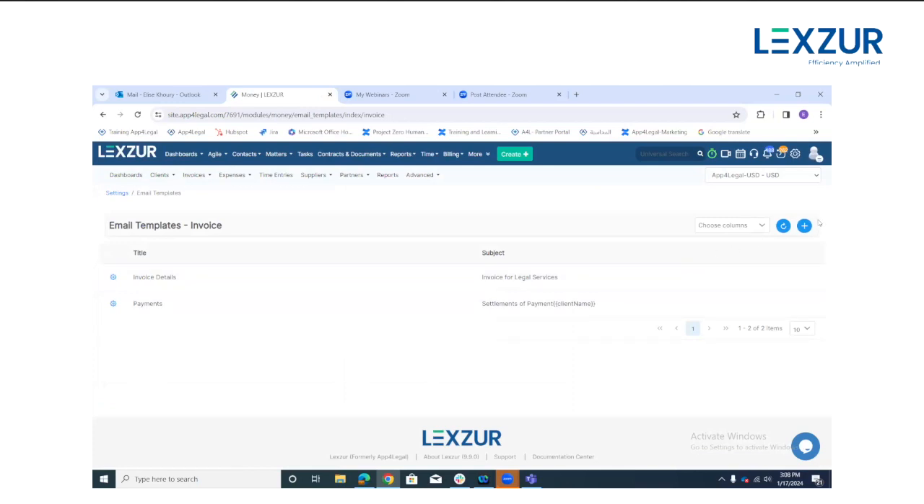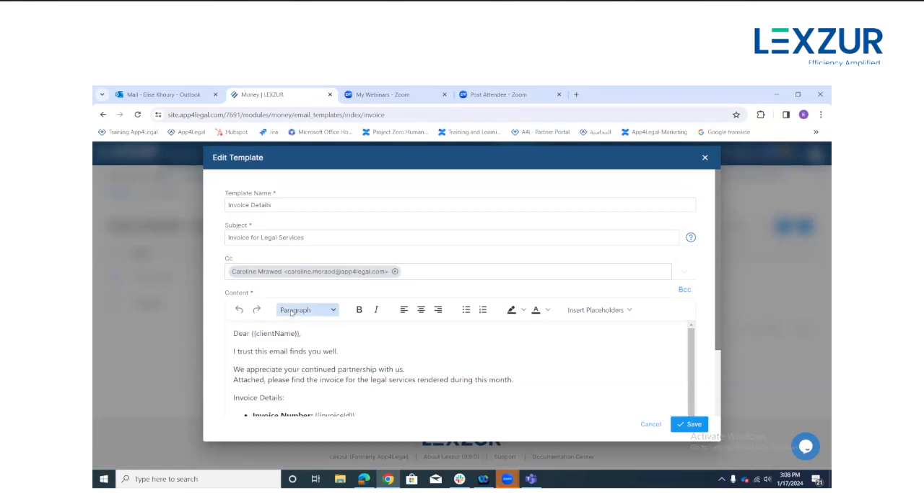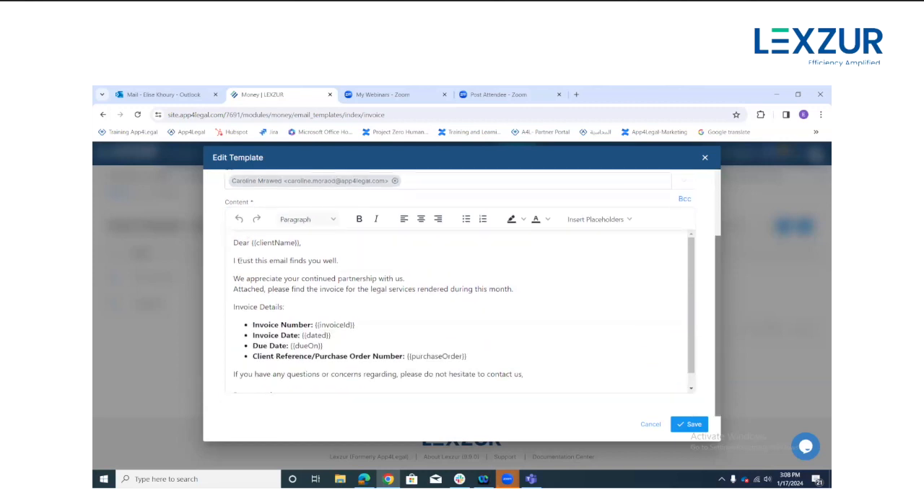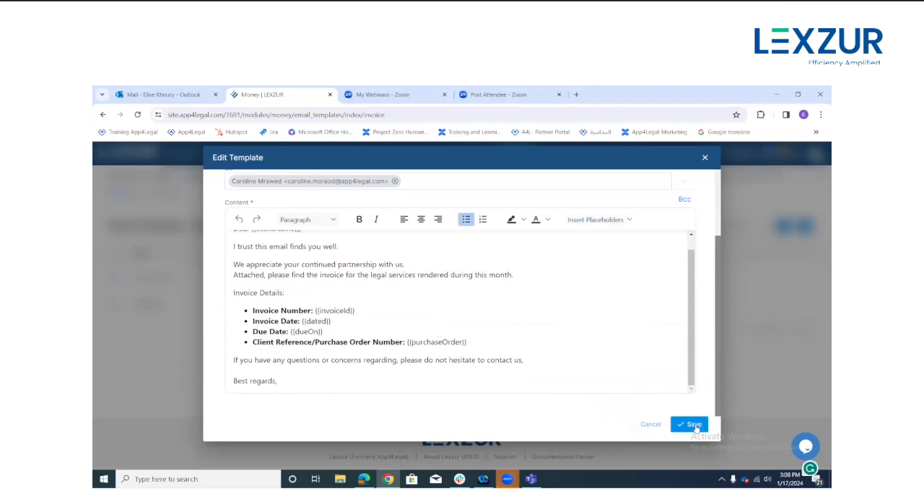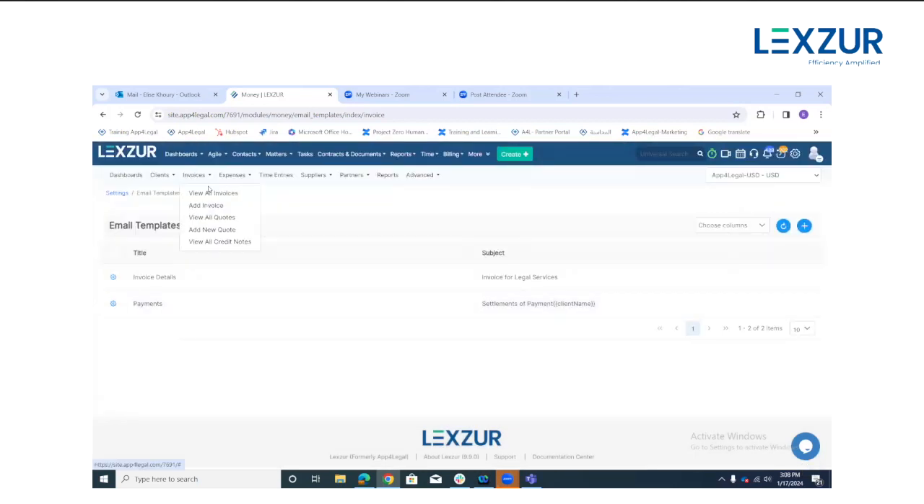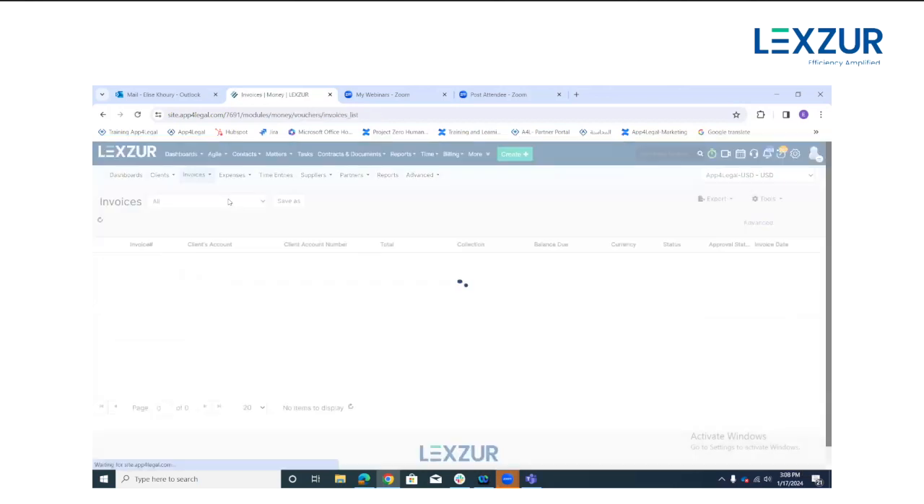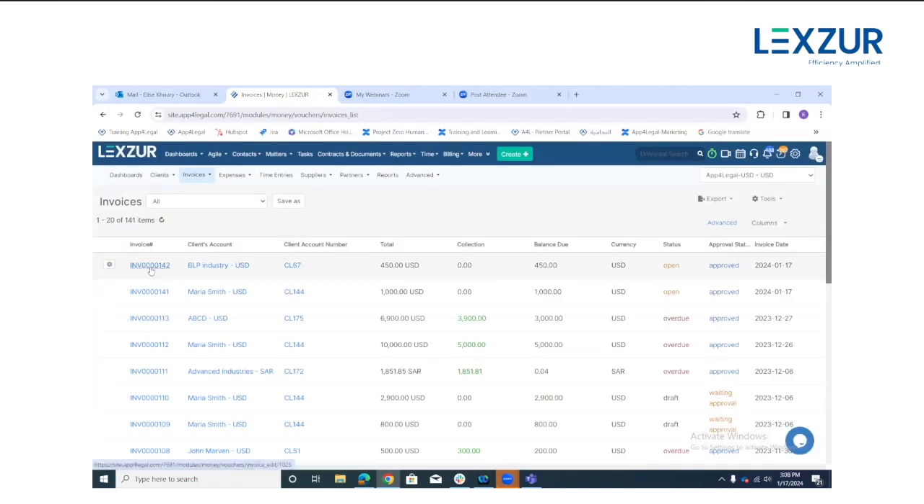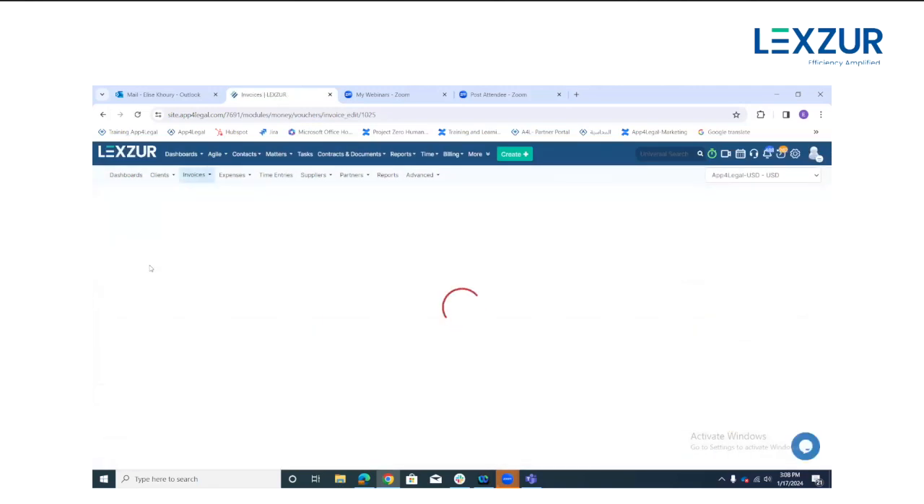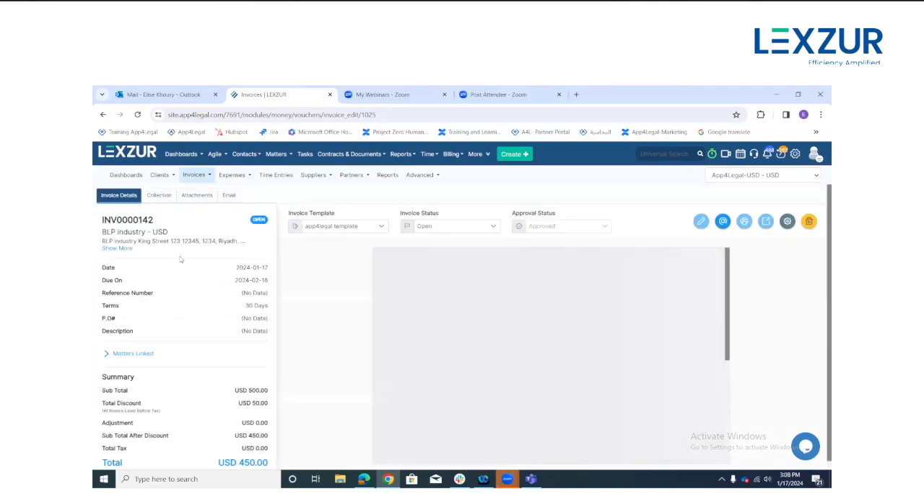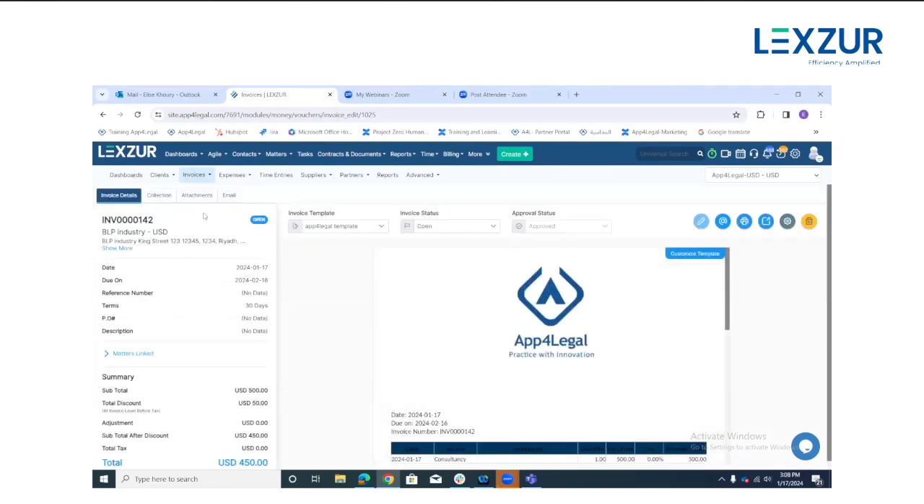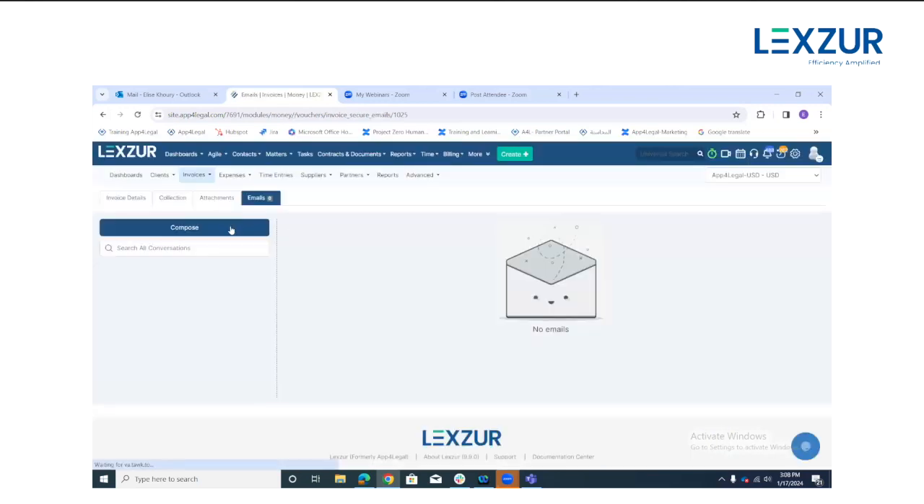Same here, I can create different ones, and if I already added some templates, I can specify the subject of the email and the content itself. If you'd like to include some variables as well, you can choose them. Whenever you're done and click on save, if you go through any invoice now and click on the invoice ID, you will be redirected to a page to access all the details related to the invoice itself. From the email section, I can compose an email,